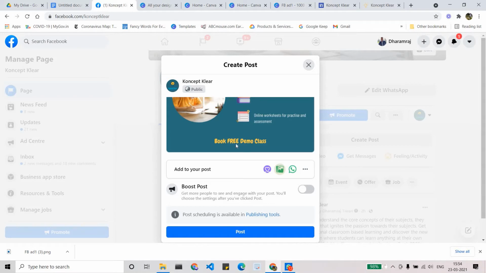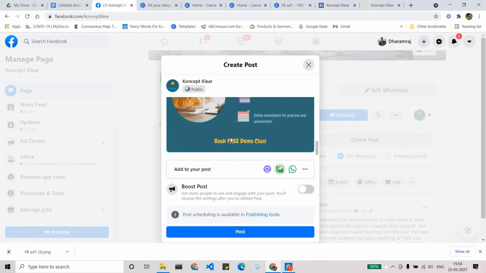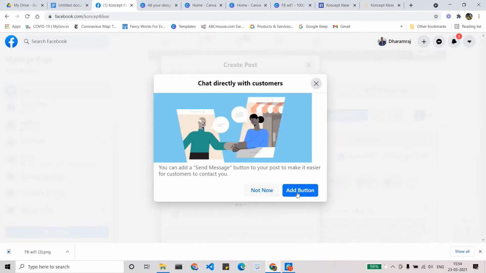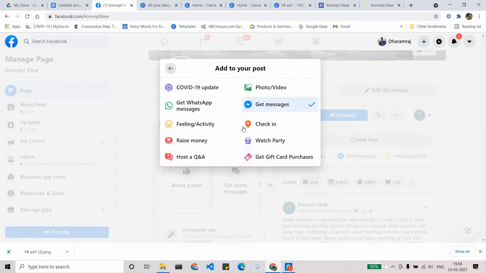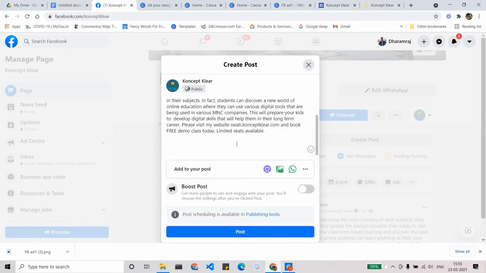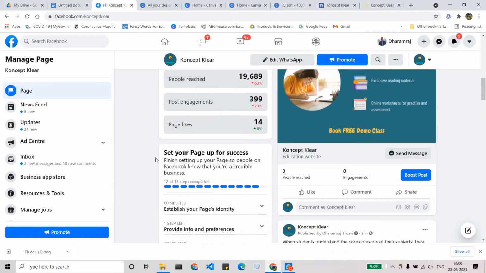Now, to make it commercial, there will be some additional options. First of all, you can just post like this. I'll show how to make it commercial in the next step. So you can post the ad like this. It also gives you the option to add a button, so you can add a button here, such as Messages. So the ad will display like this.